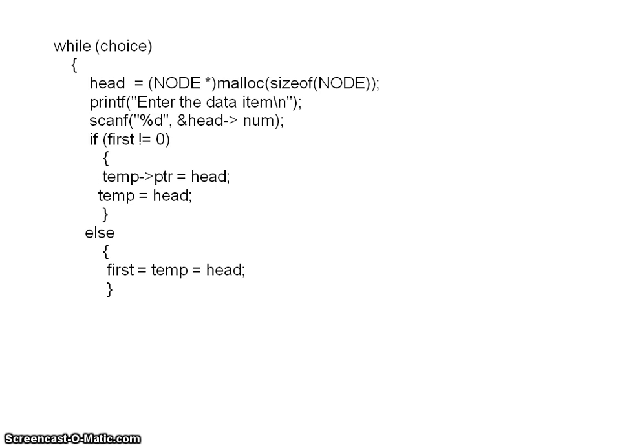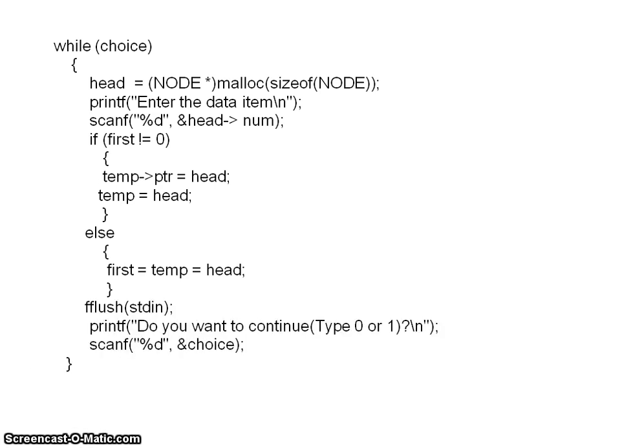So for that we have written first = temp = head. So once we have created a node and properly connected it with the existing linked list, or if it is the first node, properly adjusted the variables first and temp, next we will ask